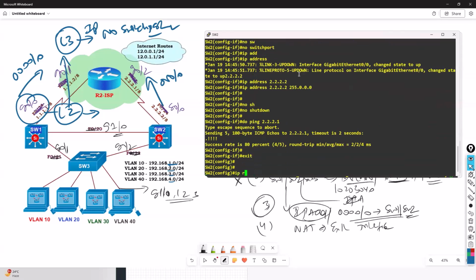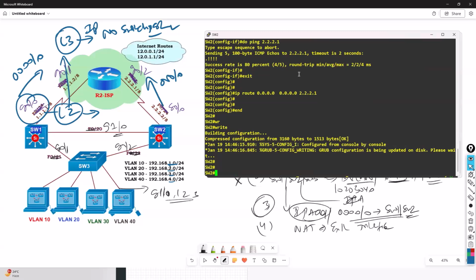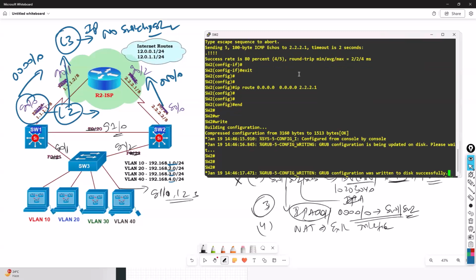Once we confirm that, we need to configure the default route pointing towards the next hop, so that any unknown traffic will be sent to the next hop. So we are done with the WAN configuration. The WAN interface and the default routes are configured on the switch 1 and switch 2. This will ensure that